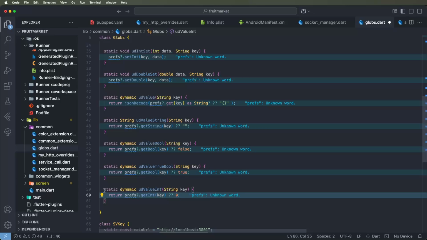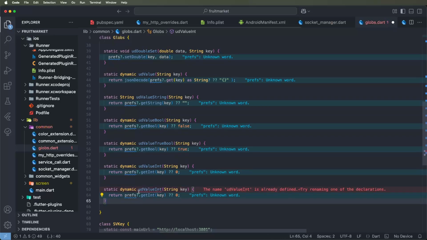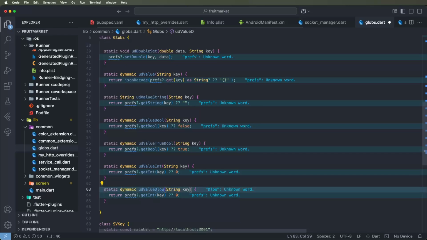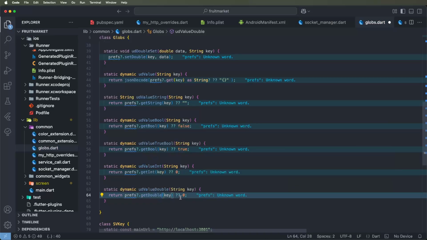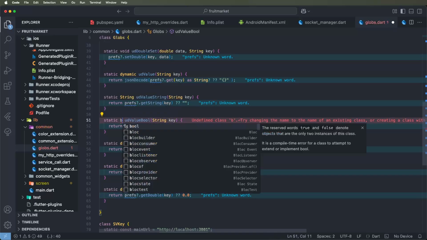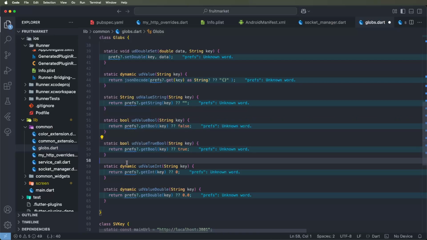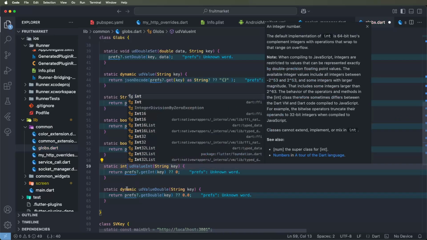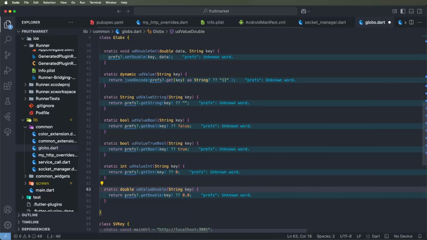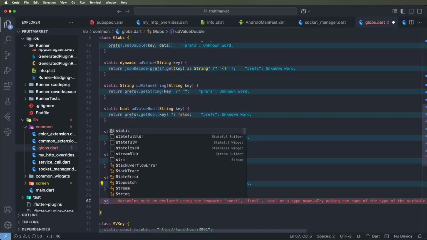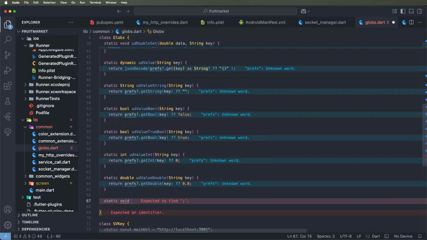Same as that, we need to get the double value. Get double, and return this double value. And we need to set this for bool, and here set the int, and here set the double, so we return this value. And lastly, we need to remove a specific key. We need to write down the static void UD remove,